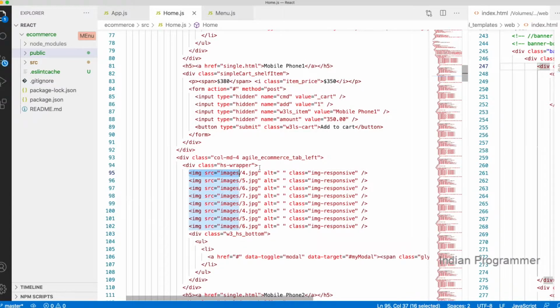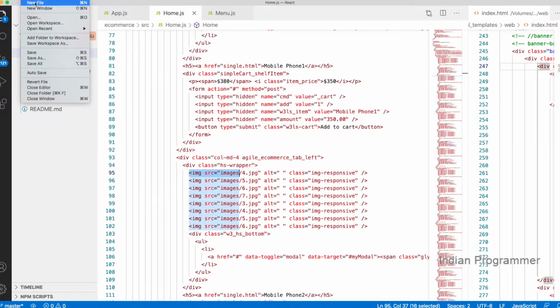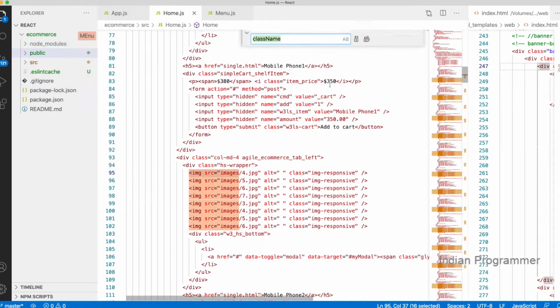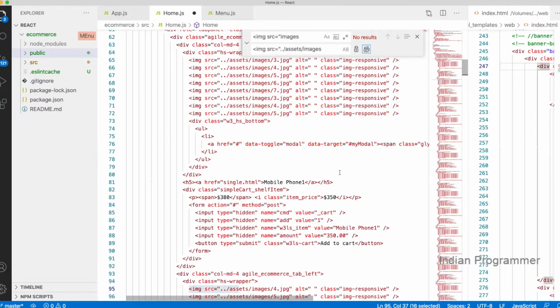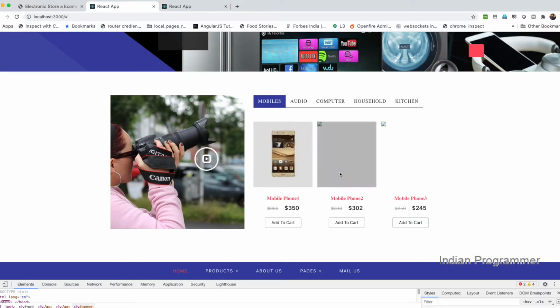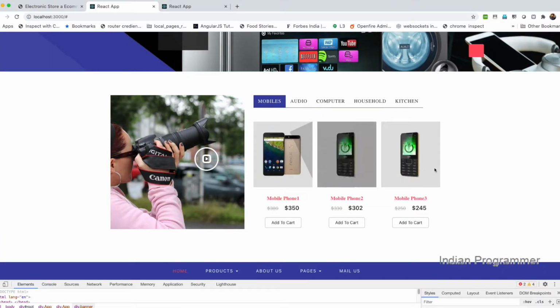If it is the text, I will replace it with the replace text. Same thing. If the content is like this, it will be replaced with this. Replaced. Let's see whether all the images loaded properly.